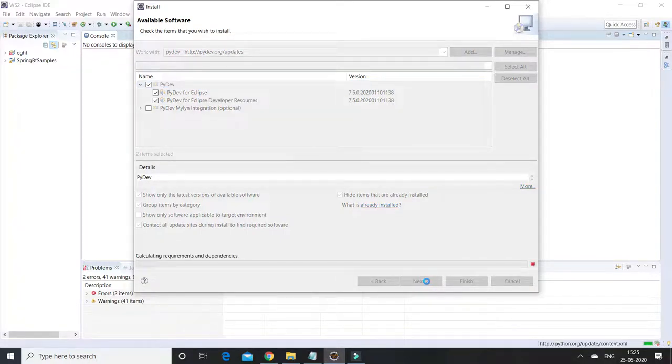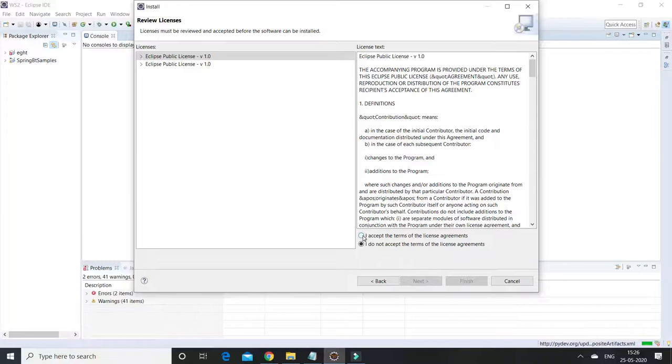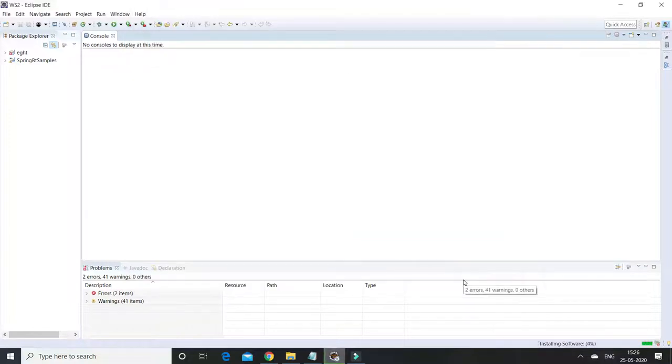It will be gathering the requirements and the dependencies it will be adding to our Eclipse, to show how to handle and create Python programs in our Eclipse. Then click Next, select accept the terms and agreement, then Finish.